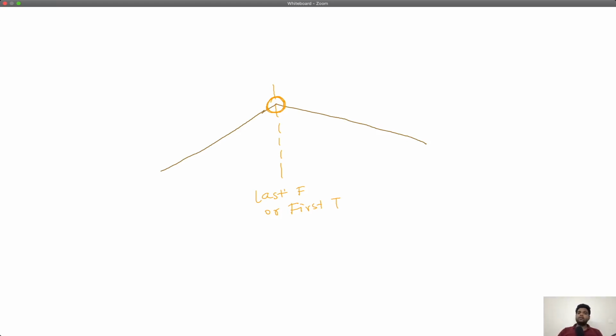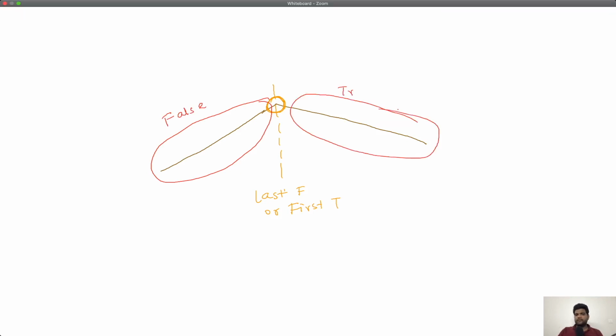What does this tell you logically? This logically tells you that roughly you want a predicate which is false for this half of the array and it is true for this half of the array. That's roughly what you want the nature of the predicate to be.